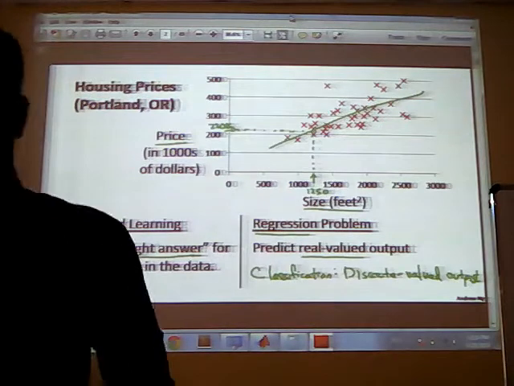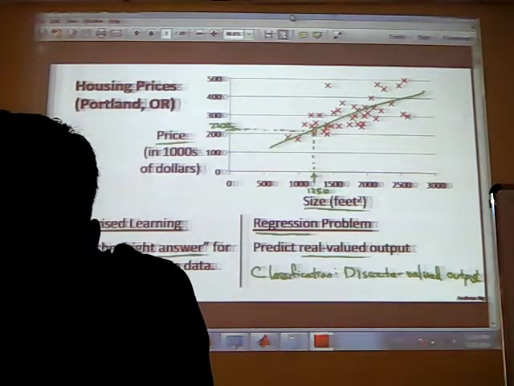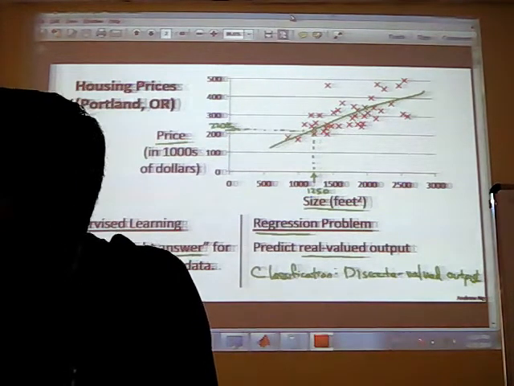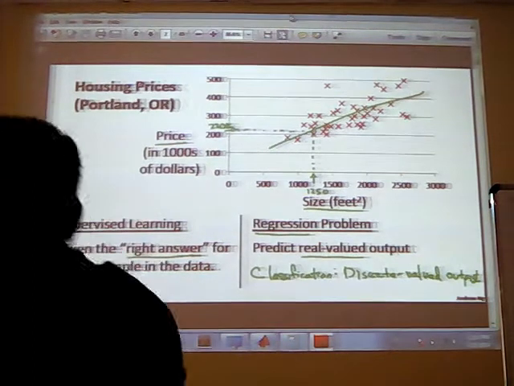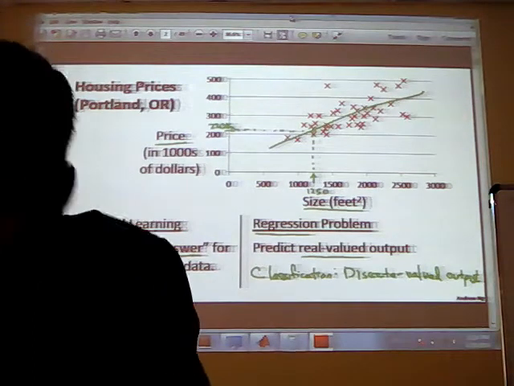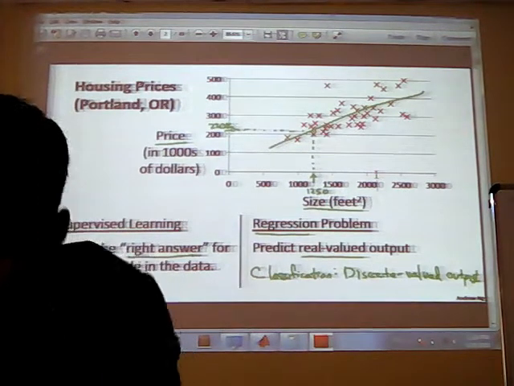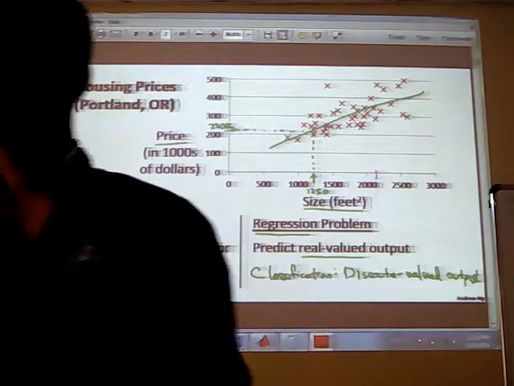In supervised learning, right answers were given, and in a regression problem we were predicting a continuous valued output. So in this model, as you can see, a straight line will fit better. And how we are going to put this line, or how we are going to fit it in a better way, this is what we are going to see in the next slides.